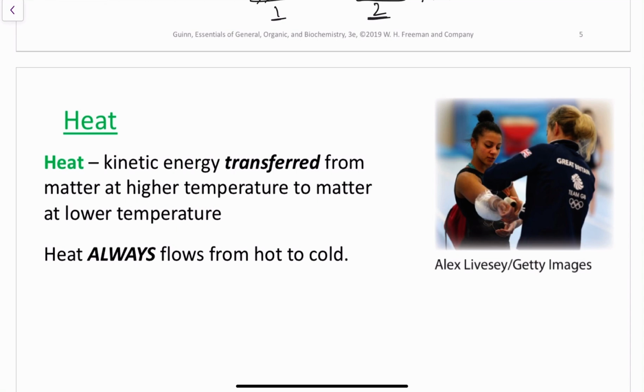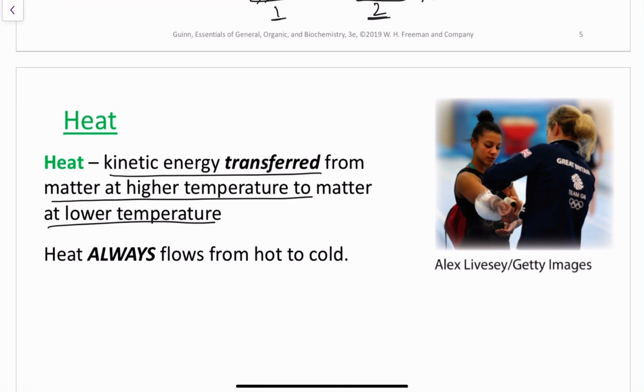Now let's talk about the heat. If we talk about the heat, what is heat? Heat is the kinetic energy transfer from a matter at high temperature to a matter of low temperature. What does it mean? It's just the movement of the kinetic energy from one